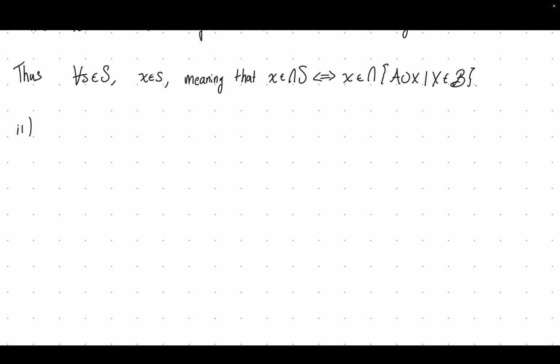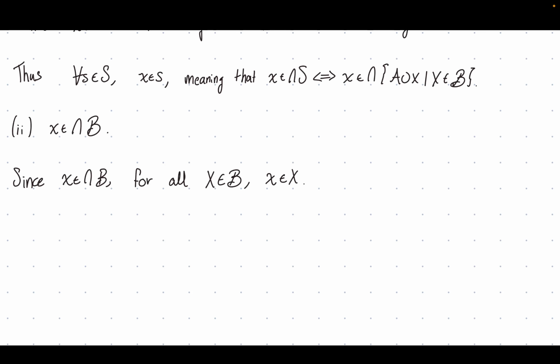Now, case two is x is in the intersection of script B. So since little x is in the intersection of script B, for all big X in script B, little x has to be in X. So for all X in script B,